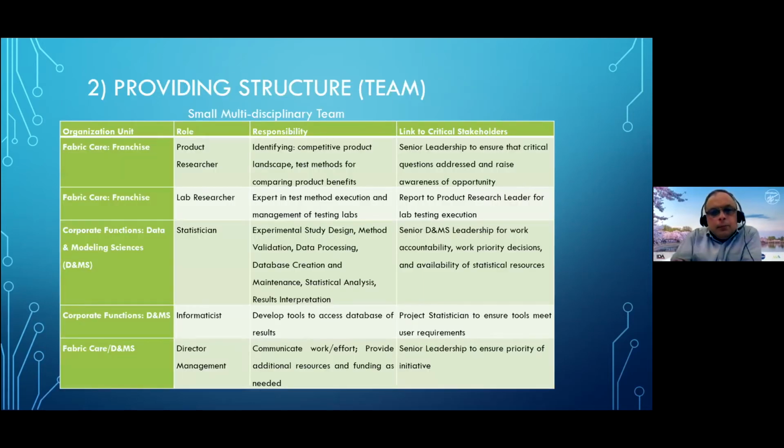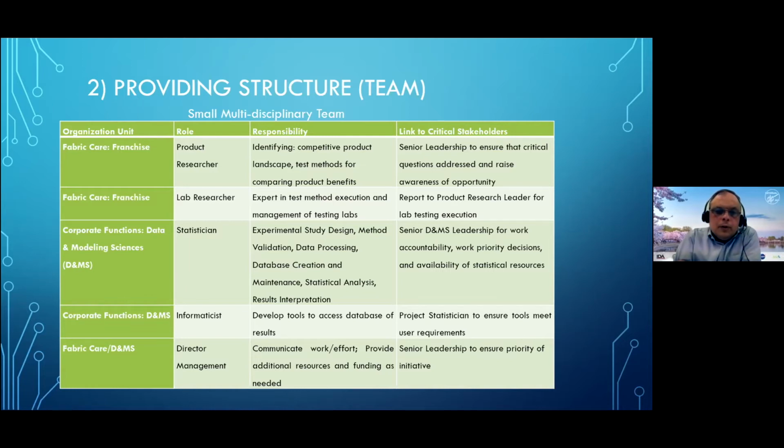The second thing is about providing a structure. There are two kind of things I want to talk about here. One is the team, providing team structure, and then the other one is providing product annotation structure. I'll start with the team. So we had relatively small teams. I personally think small teams work better than big teams as long as they cover the necessary expertise. And one of the good things working for a big company like Procter & Gamble is you can easily form a team of experts from different areas because of the size of the company.